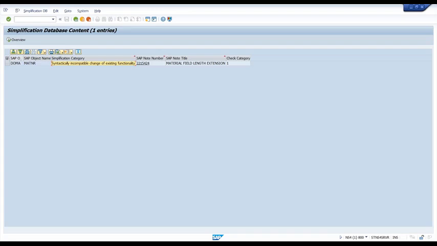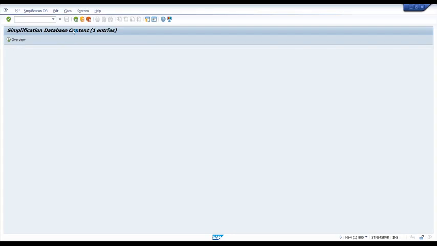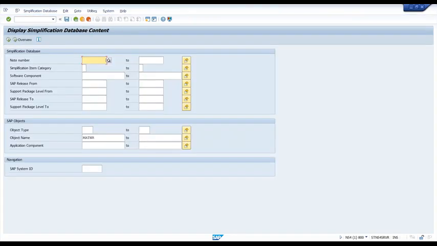This is just one example I'm giving you. Likewise, I'll show you a couple of examples which will definitely help you to identify those changes. In today's session, I will also introduce the tools and methodologies you can use to scan the complete custom package and find out those anomalies, those inconsistencies which will lead to dumps or other issues. I have some good examples to do that today. Okay, that's just one example. So the simplification database will contain all the information about changes which have been done.